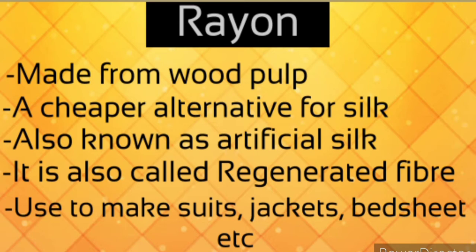And the 5th, what is the use of rayon? Generally it is used in the making of home furnishings, suits, bed sheets, jackets. That way we can say they generally make garments out of rayon. Now, why is it known as artificial silk? Because the texture is generally the same as silk, but compared to silk it is a bit stronger. It is wrinkle resistant, it is wear resistant, it can be easily worn in summers, and it is cheaper than silk.